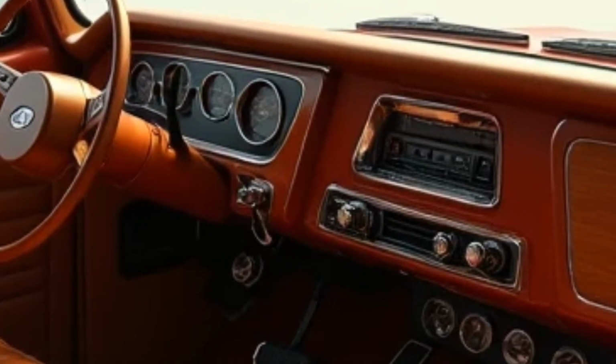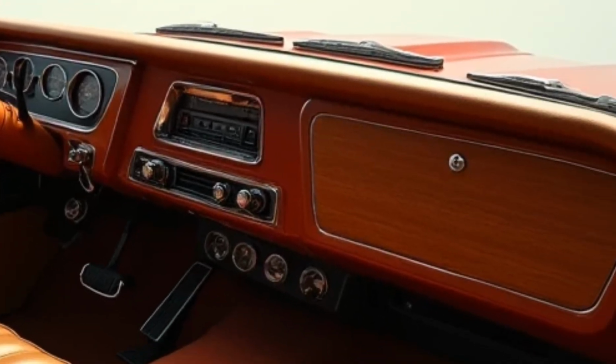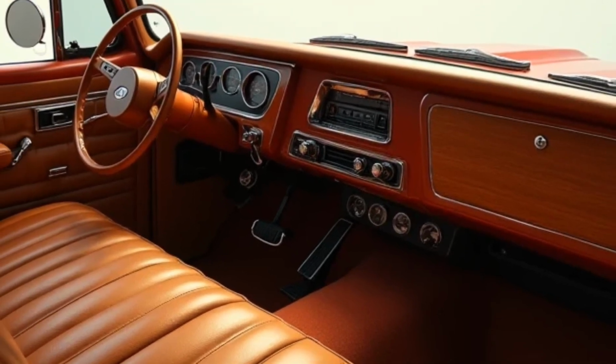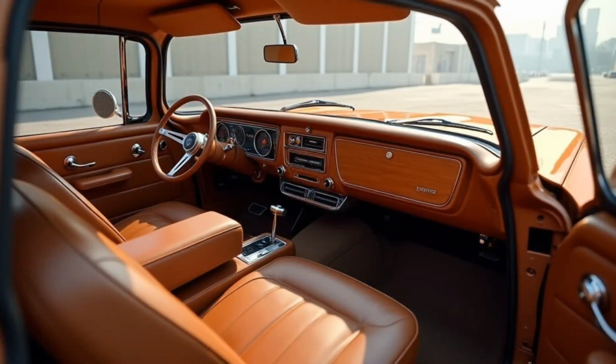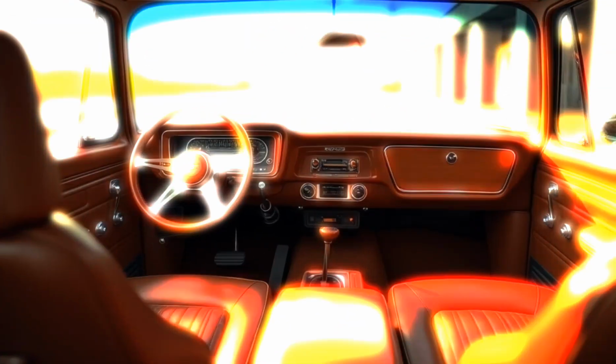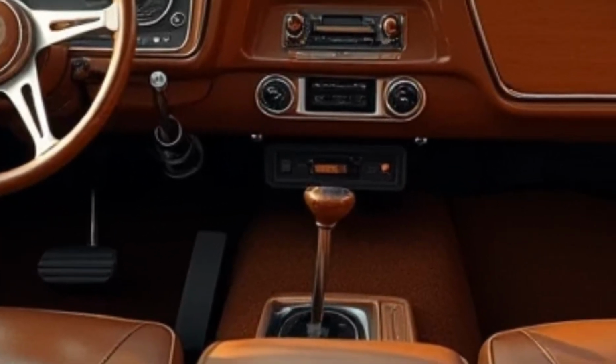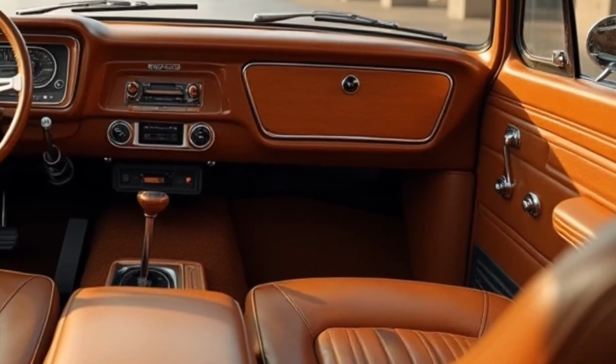Step inside, and you'll find a cabin that perfectly balances old-school aesthetics with cutting-edge technology. The dashboard retains its vintage appeal with classic dials and a metal-finished look, but a hidden 12-inch digital touchscreen gives you access to Chevrolet's latest infotainment system. It supports Apple CarPlay, Android Auto, and even a built-in Wi-Fi hotspot, ensuring that you stay connected no matter where